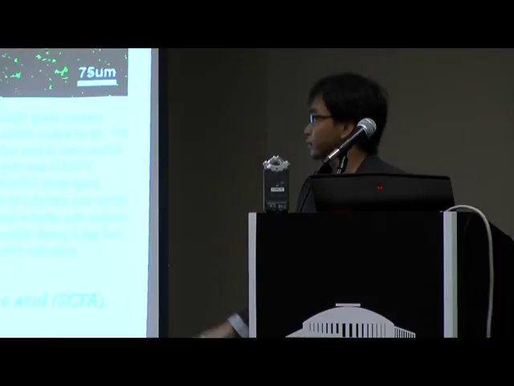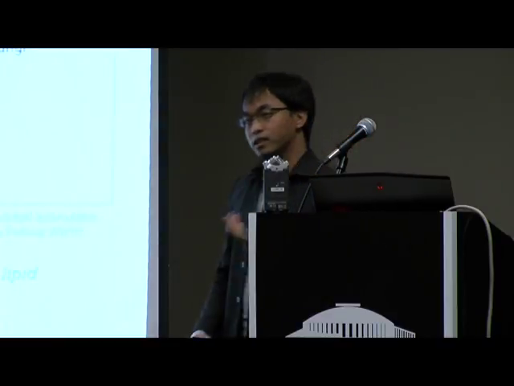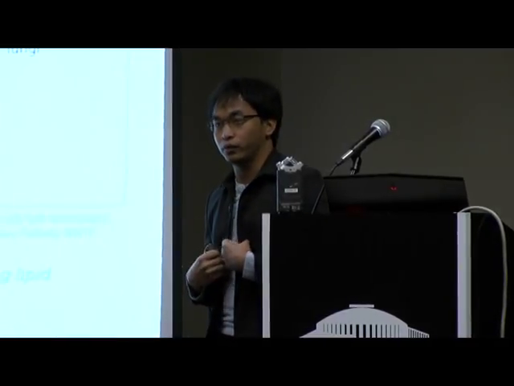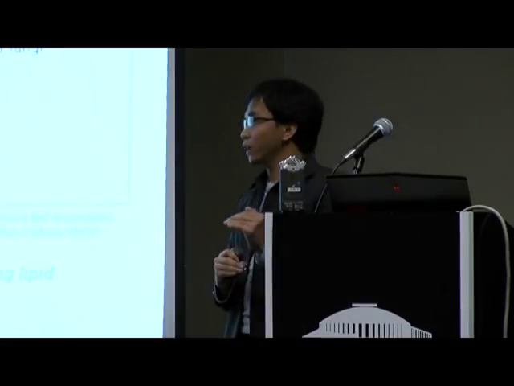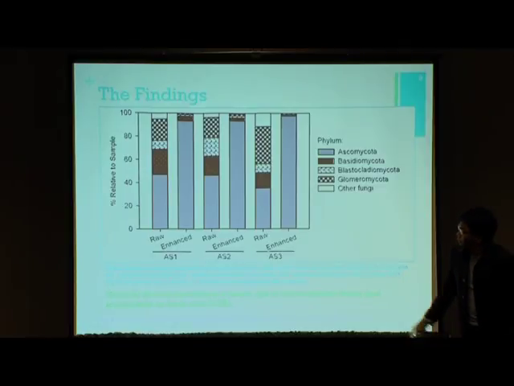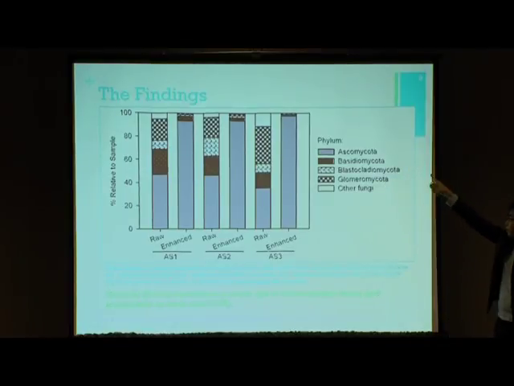So we furthered that finding by conducting DNA sequencing and analysis of the samples in order for us to quantify and observe the behavior of the fungal community. And this figure is the plot of the abundance of the fungal community at the phylum level, with the raw and lipid-enhanced of 3 sludges. These 3 sludges were taken from the East Wastewater Treatment Plant along Pinhook, Ambassador Caffery Parkway along Ambassador, and the South Wastewater Treatment Plant near the Lafayette General Hospital. So they were from different places treating different wastewaters.